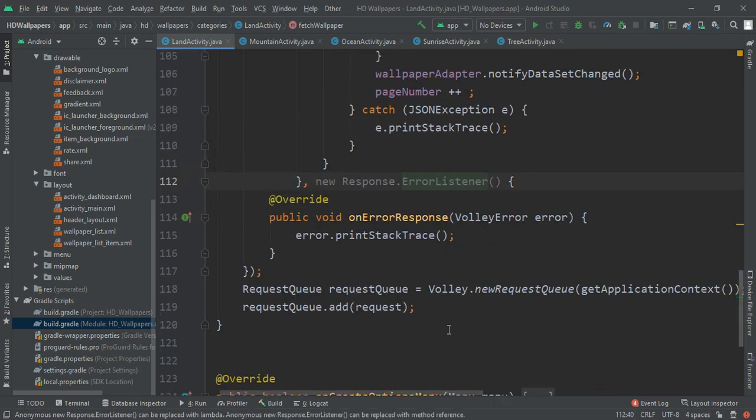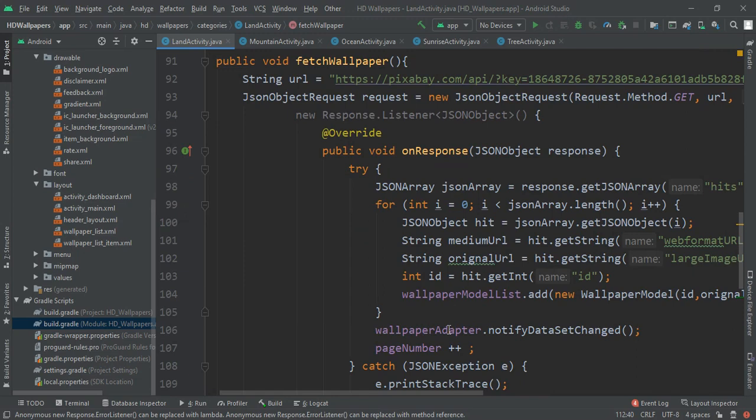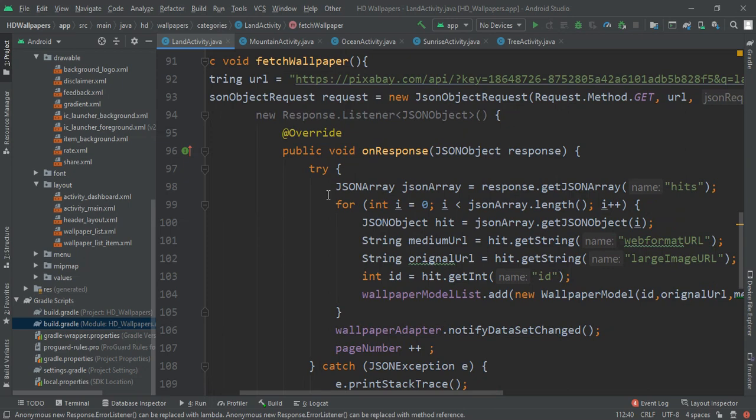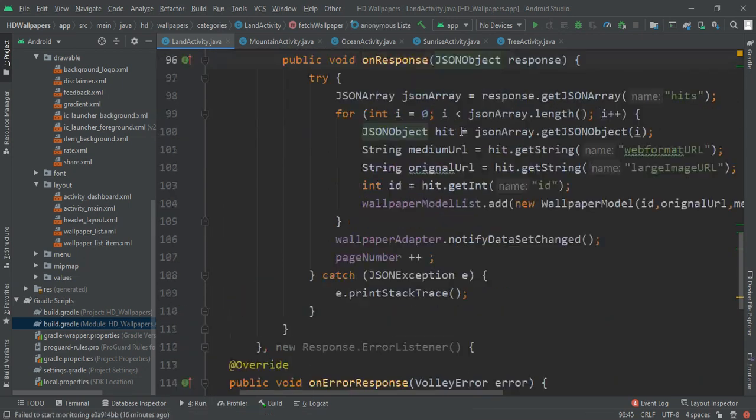So first let us complete the success process. It will automatically generate the on response method, so you have to start writing from here.